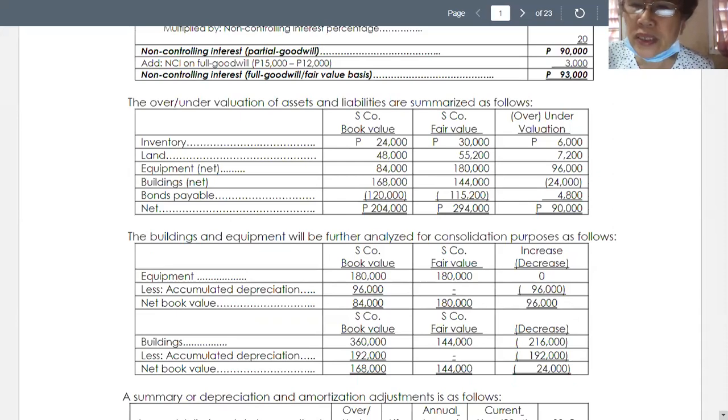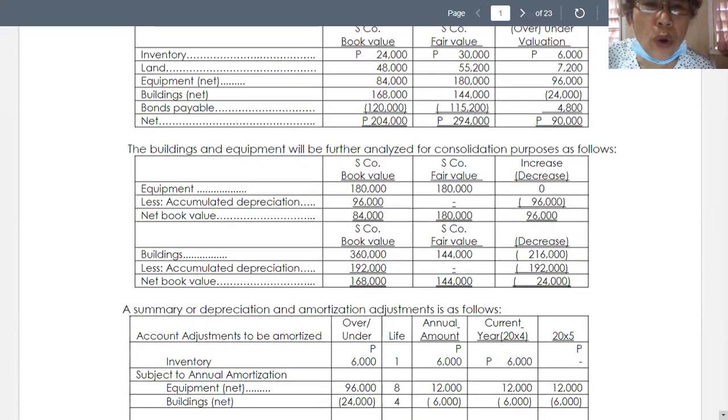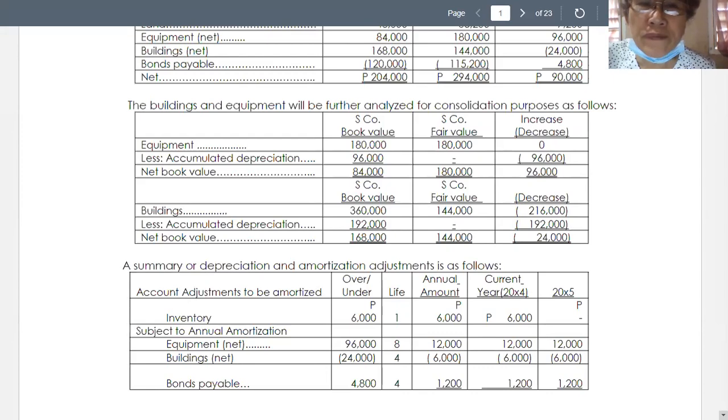In other words, there is an overvaluation in the value of the building amounting to 24,000. And so for the summary of depreciation and amortization, inventory for the current year was already used. According to the problem, equipment, 96,000 divided by 8. So annually you charge